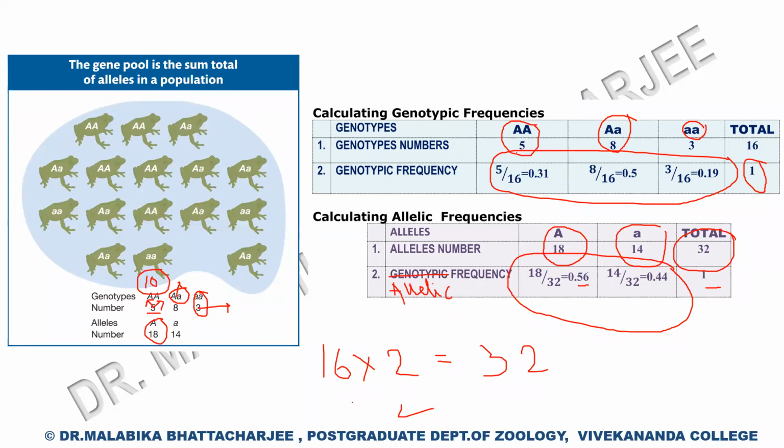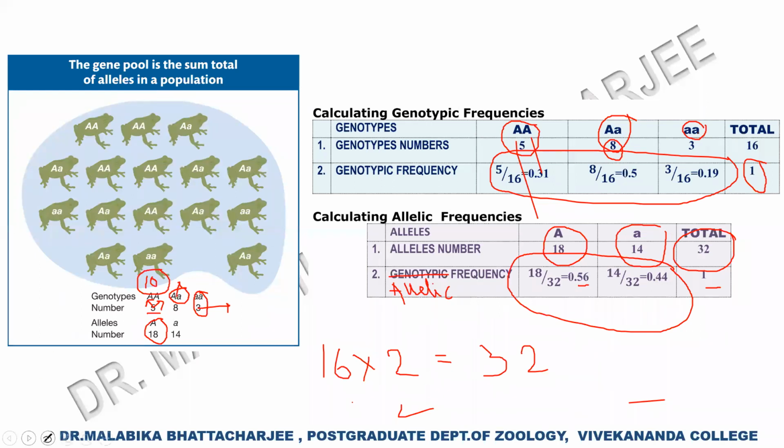For the homozygotes, we got the allelic frequency by simply multiplying the number of individuals in the homozygotes by 2. For heterozygotes, we took that single value because there is only one allele of each category. And again, for the other homozygotes, we follow the same policy. So the best thing is if we could convert the calculation of allelic frequency into a simple formula. It becomes easier to calculate the allelic frequency for a given population when the number of individuals is large.